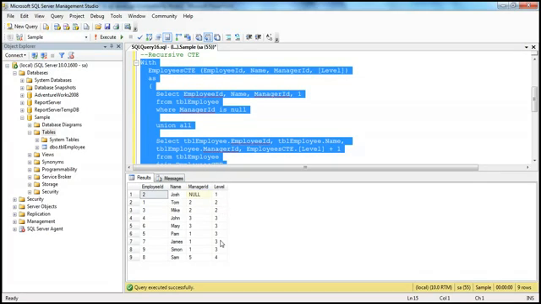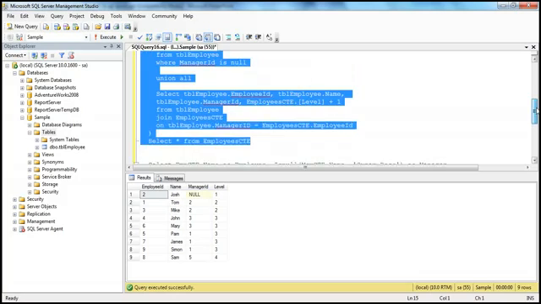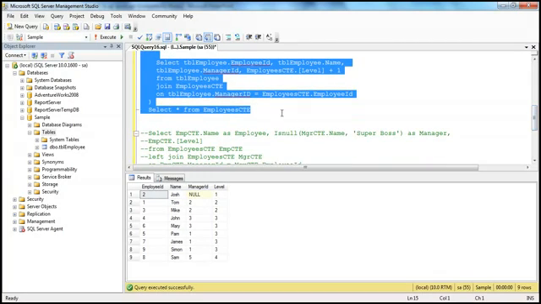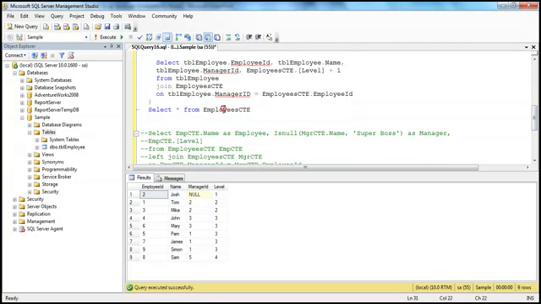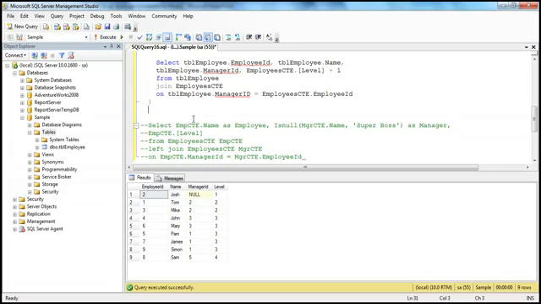Now all we have to do is, instead of displaying manager ID and employee ID, I just want name and a manager name. Okay, to do that we can simply use a self join. Okay, so we can join this CTE with itself now. And that's pretty simple. Just like how you join a table with itself, you can join a CTE with itself, because a CTE is also a temporary result set. So for that purpose, what we are doing here,